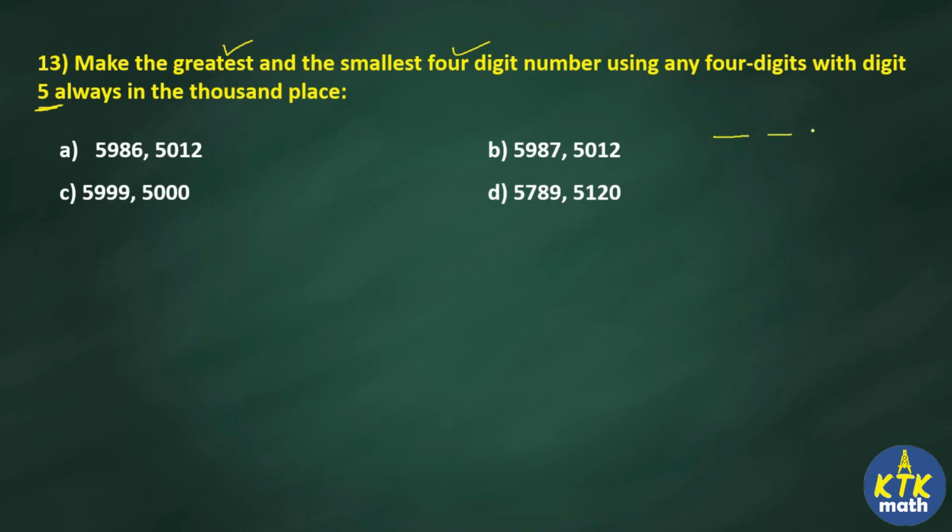So we are going to have a 4-digit number. One number is going to be the greatest number and another number is going to be the smallest number. But the condition they gave is 5 should be in the thousands place. Very easy. We are going to write 999, then only it will form the greatest number. For example, if you write 5987, it's definitely going to be a smaller number, and they didn't give any information about whether numbers can be repeated or not. So I can repeat as many numbers as I can. So I'm using 5999. So 5999 is going to be the greatest number, and then simply I can write zeros in the smallest number. So your answer is going to be option C. I think we are getting C as the answer repeatedly, right?